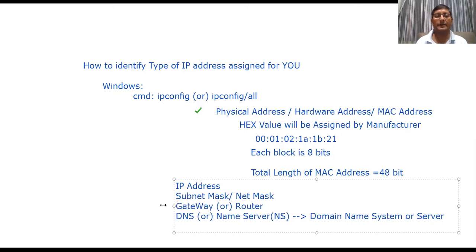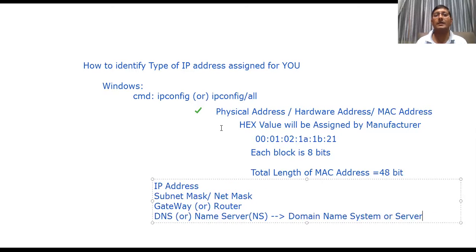So this is what we need to know, that what are the details we are getting here. First one is IP address, what is your system IP address. Second one is the subnet mask. Subnet mask is nothing but imaginary mask which is going to differentiate classes as well as differentiate network. We'll discuss few details about that. Then again we are going to get gateway. The gateway is nothing but router IP, which is the mediator in between you and the remote network, like private to public gateway is allowing.